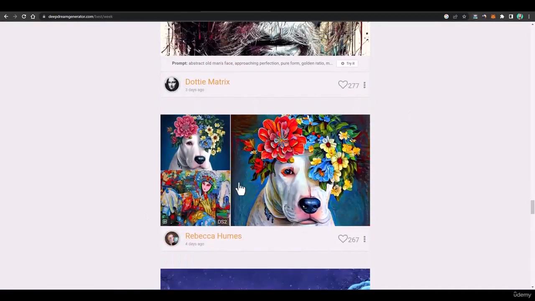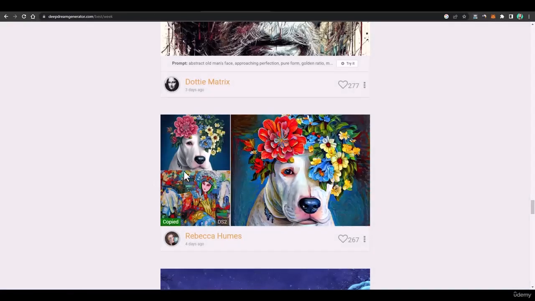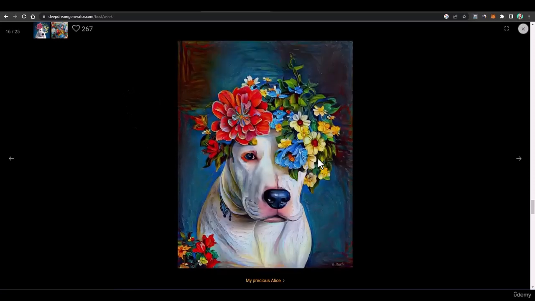So how you know that the image is using deep style is that there would be three images, and here you have a ds1 or ds2, and here you have an add button. Now how this works: this was the base image, this was the style applied, and then this was the image that you got, this was the art you got. If you want to copy that style, you can click on this add button, and this style would be copied to your copied folder. So that's how you can have a look at these images, and here these images are loading.